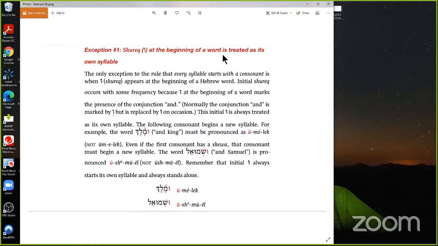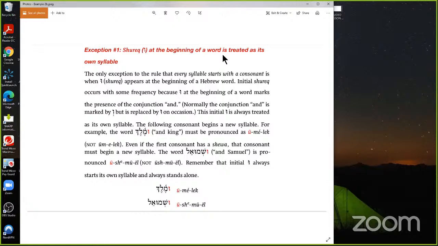Conjunction "and," right? Normally the conjunction "and" is marked with a we, but it is replaced with a oo on occasions. So the initial oo is always treated as its own syllable. The following consonant begins a new syllable. For example, the word for "and the king," umelech, must be pronounced as